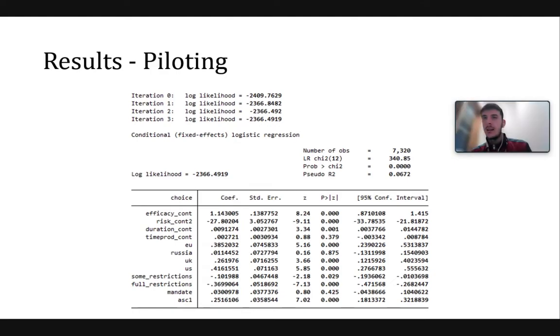Oh yes, yeah, no, that's clear. But in the 12 choice tasks that people face, we use a software that combines all the levels. So you won't always have the same level in option 1 or option 2. It will be mixed. So sometimes you will have Russia in option 1, sometimes you will have Russia in option 2. So the software minimizes this bias. This is why I was telling you about the D-efficient design. That is the design that allows you, with a lower number of choice tasks, to maximize these trade-offs. Does this make sense? Okay.